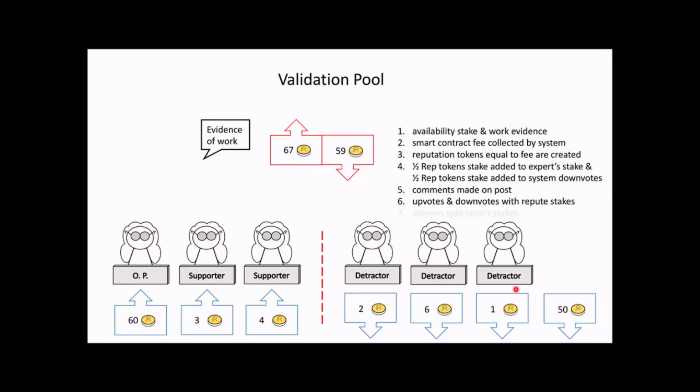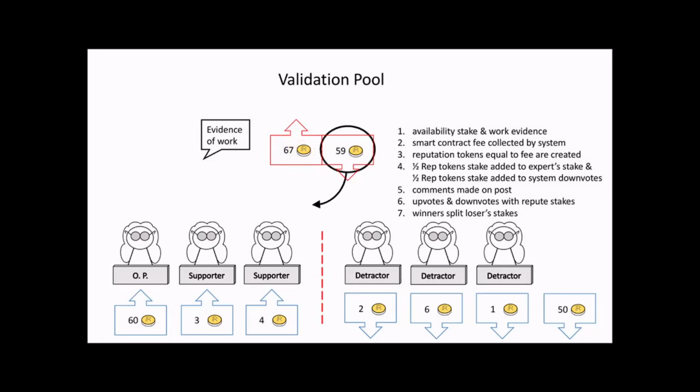So they'll join the 50 new tokens that were downvoted, and together they'll have, in this particular case, 9 reputation tokens staked saying that was a bad job. And there were only 7 extra supporters, plus the 10 that the original poster did with the availability stakes, makes 17 extra, so they win. Now, in that case, whoever wins splits the loser's stakes. And so this is all just arithmetic, by the way. It's a lot simpler than it sounds, right? This is something that bookies do in a way more complicated way than we do, right here.